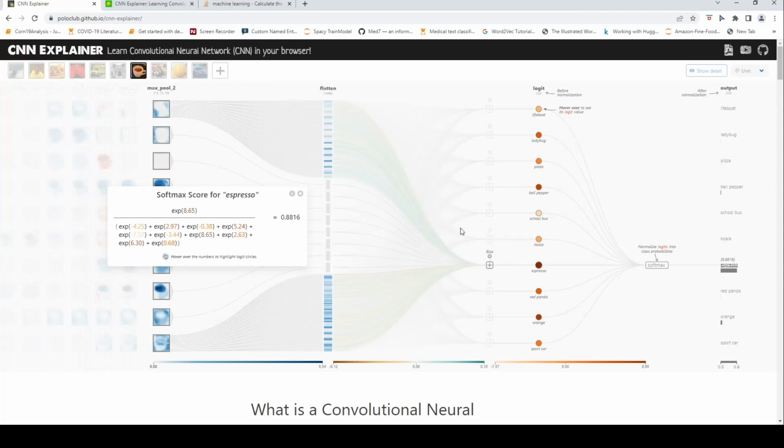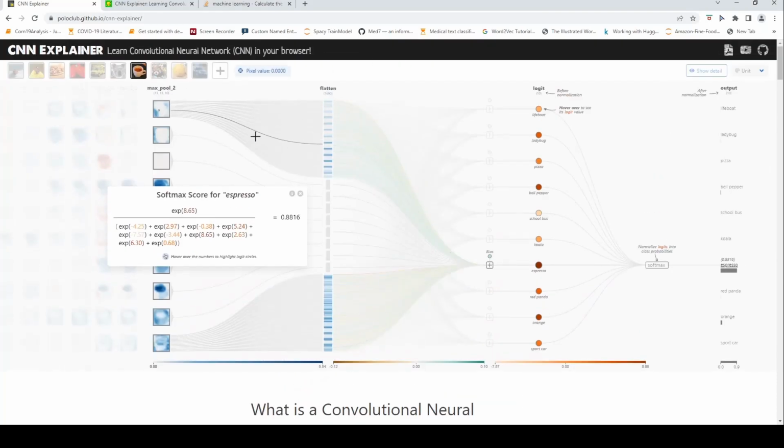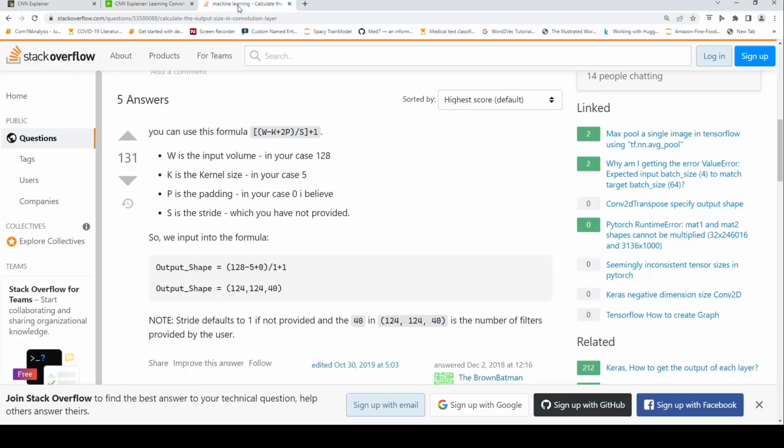So that is how you actually train a convolution neural network. This is how a convolution neural network works end to end, as shown in this particular visualization. I suggest that you go over this visualization, look at each layer, and try to understand the mathematical operations at each layer to get a better understanding of what a convolution neural network is. Then you can start looking at how to code your own small convolution neural network with this understanding. I'll be posting the link to this CNN explainer along with the paper as well as the formula for computing the output of